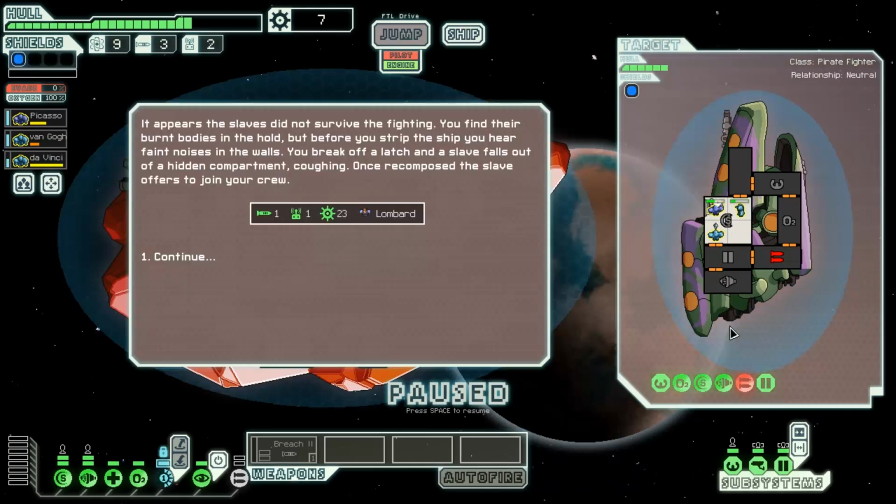And exemplary. It appears the slaves did not survive the fighting. You find their burnt bodies in the hold, but before you strip the ship, you hear faint noises in the walls. You break off a latch and a slave falls out of a hidden compartment, coughing. Once recomposed, the slave offers to join our crew. We gain 1 missile, 1 drone part, 23 scrap, and